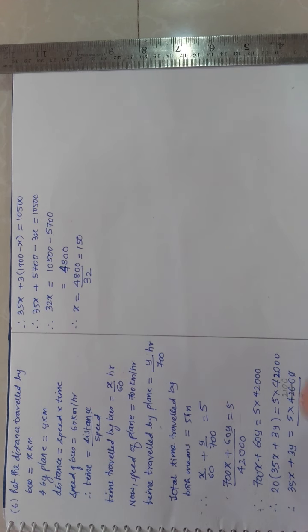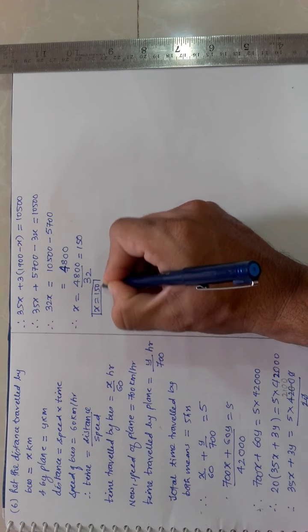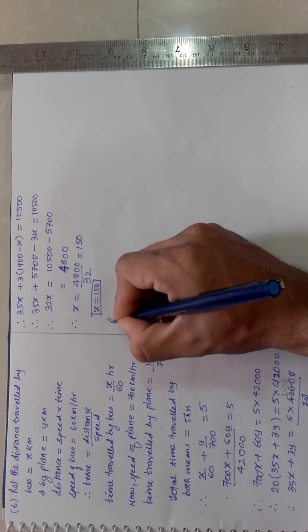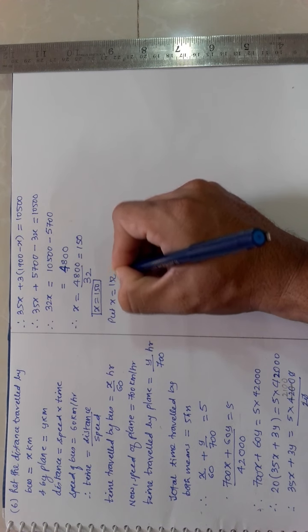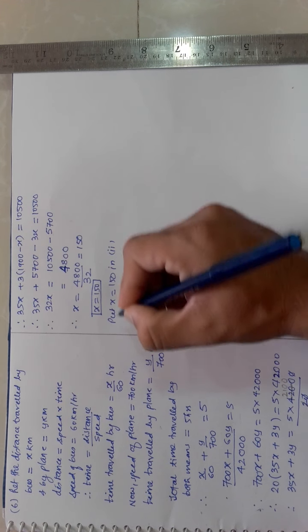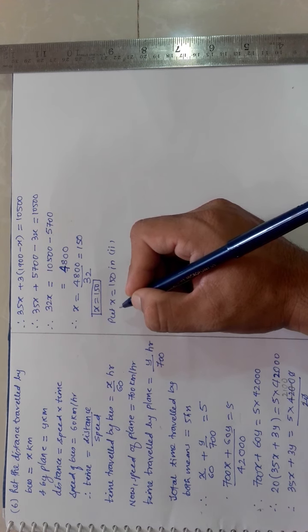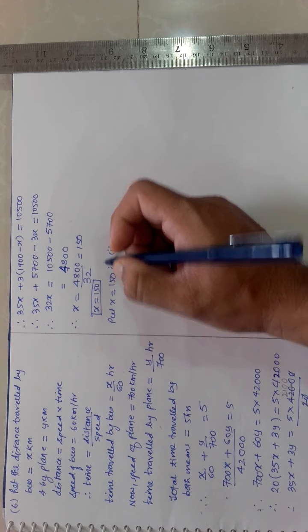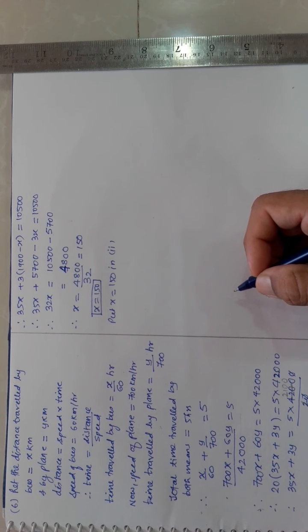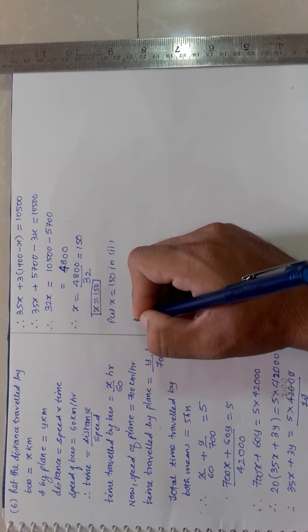So put this x is equal to 150 in your easier equation, that is, put x is equal to 150 in the second one. You will get the value of y. So therefore y, is it asked or not asked? No, it is not asked. So there is no need to find it out. But if you want, you can find it out, because it is only asking you distance travelled by bus. If it is asked for plane, then you put it here. So you will come to know what is the distance travelled by plane. So here this is not asked, but if you want, you put it. You will come to know the distance.